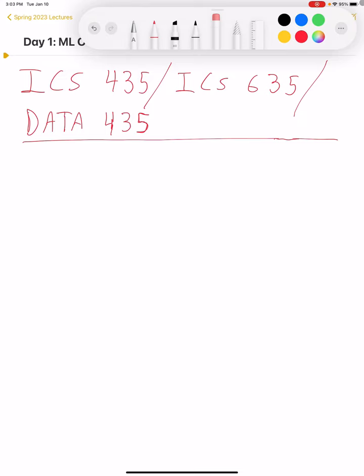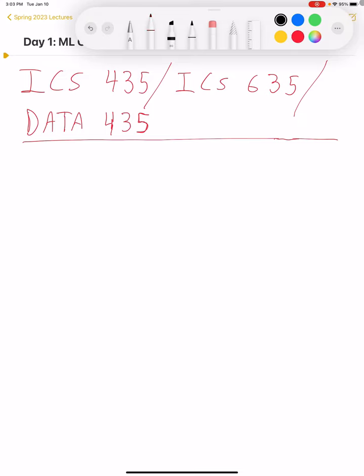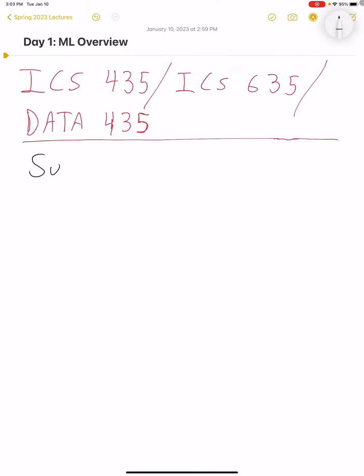Before we go into course logistics, let me just start with a broad overview of what machine learning is. Can y'all hear me in the back? Okay, great. So there's three broad categories of machine learning, and the first, and by far the most popular category,